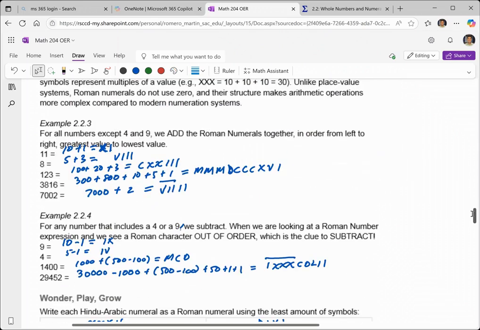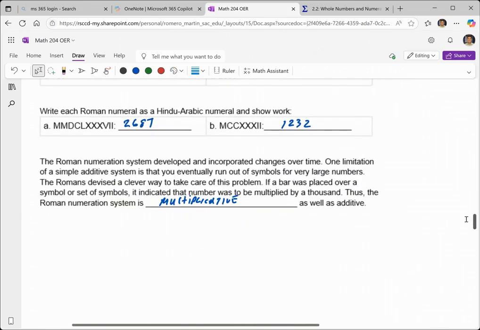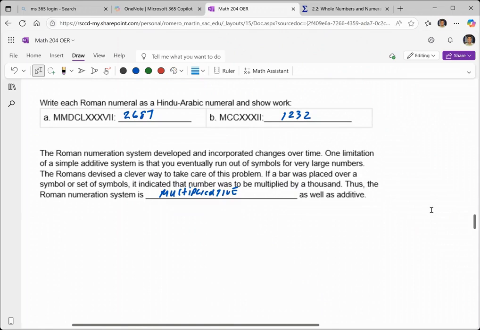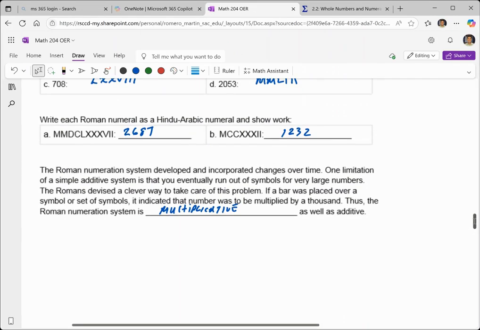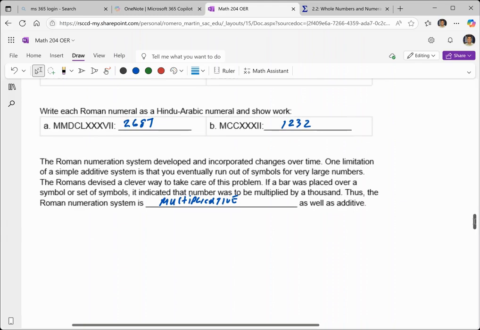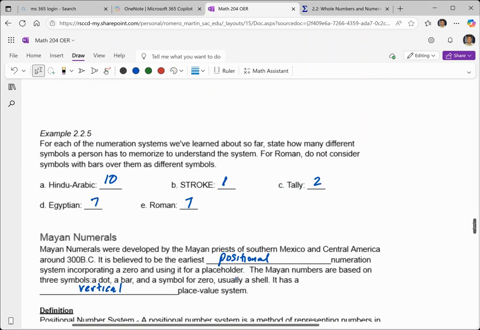So the Roman numeral system, as it indicates here, is also multiplicative. And it helps us again. It's a clever way to represent larger numbers, just adding a little symbol to it. So keep that in mind, and how you can run out of symbols for large numbers, so you come up with ways to represent them. All of that leads to example